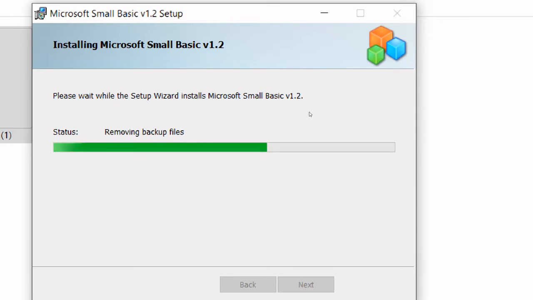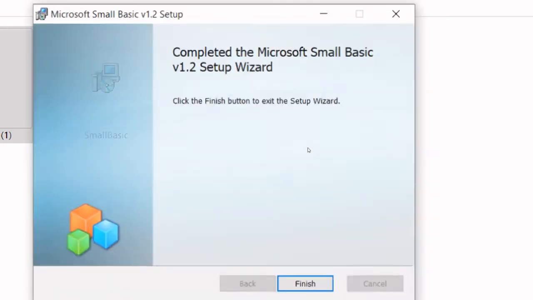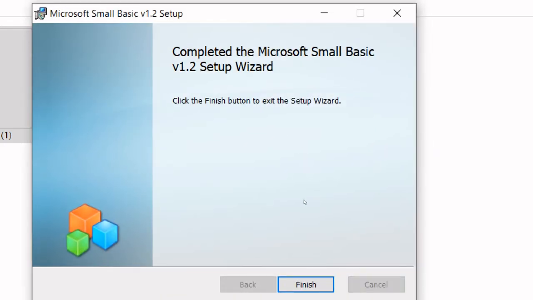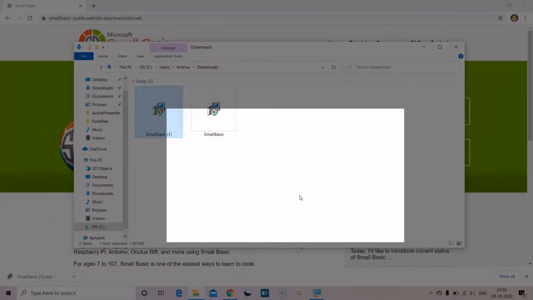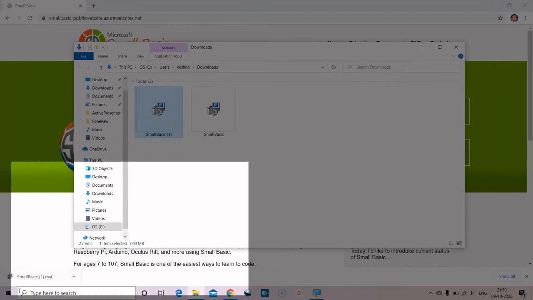In a few seconds, this will get installed completely. Yeah, now it is installed, so we can click on the finish button. That means Small Basic got installed.